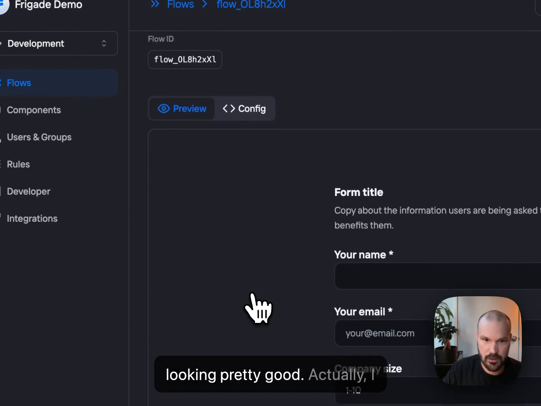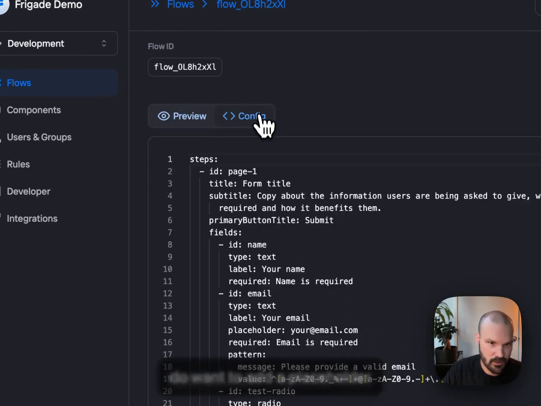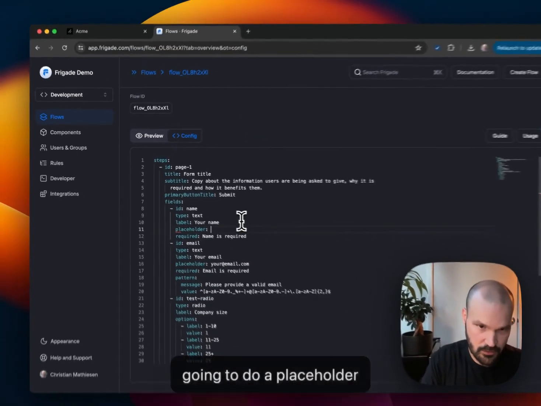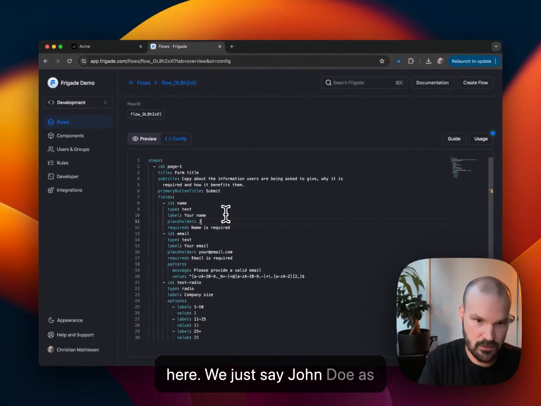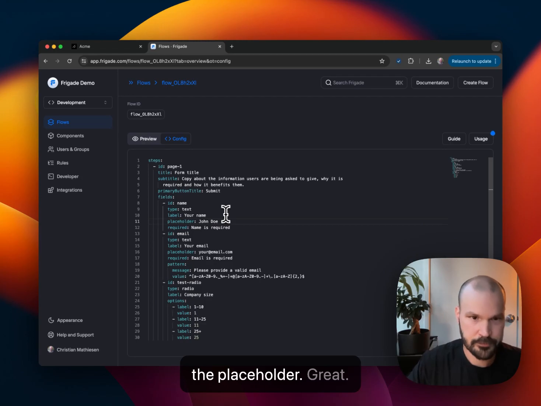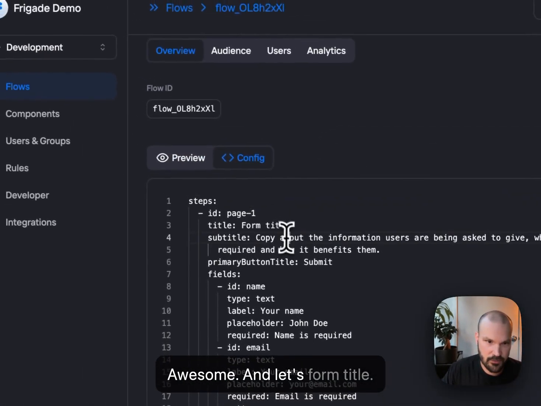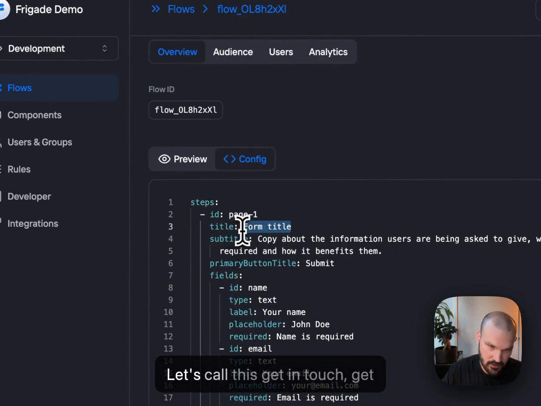This is looking pretty good. Actually, I do want to add a placeholder here because it looks more consistent. So we're going to do a placeholder here. We'll just say John Doe as the placeholder. Great. Awesome. And for the form title, let's call this Get in touch,